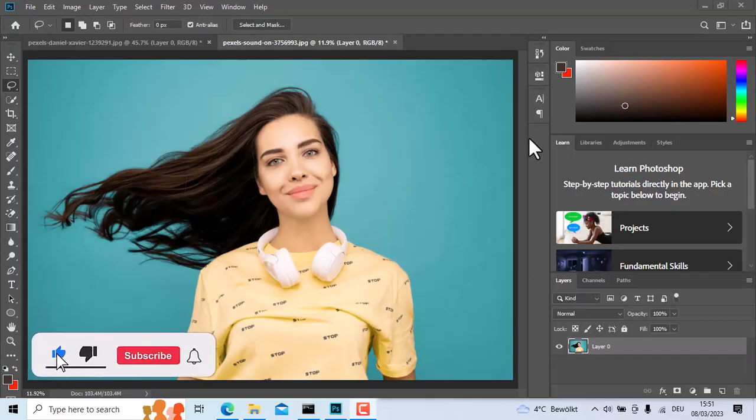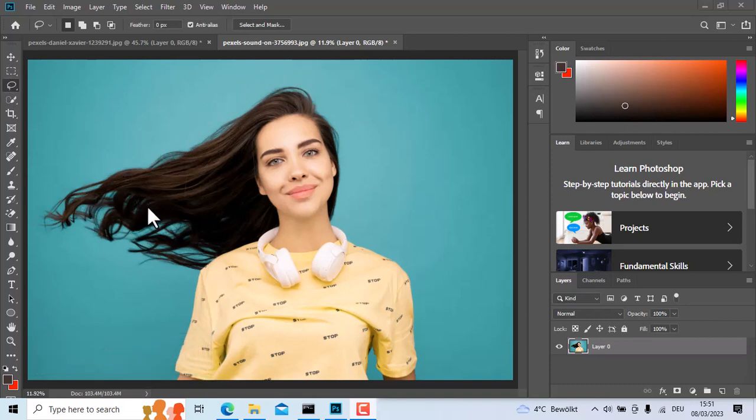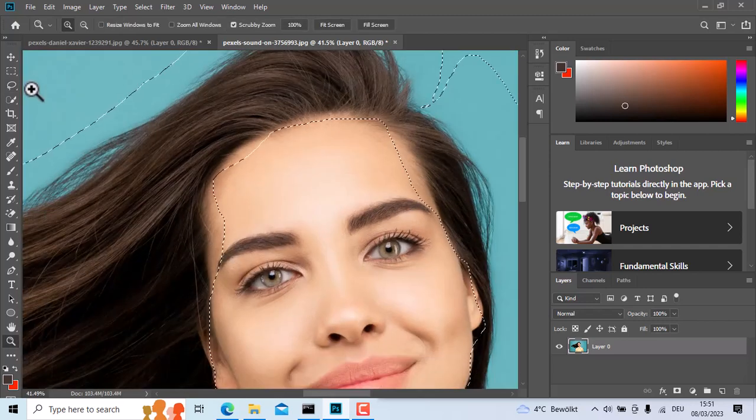Hello everyone. Today we are going to see how we can change the hair color of a person in Photoshop. So we are going to take the lasso tool and make a rough selection around the hair, like we are doing here. Try to adjust this selection